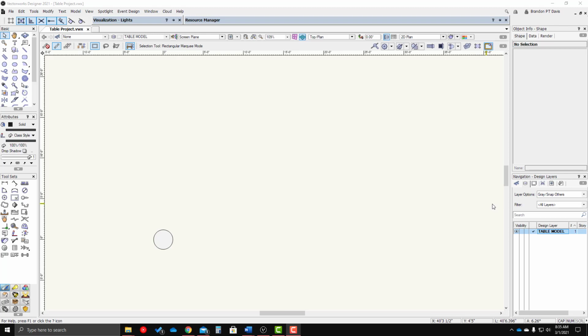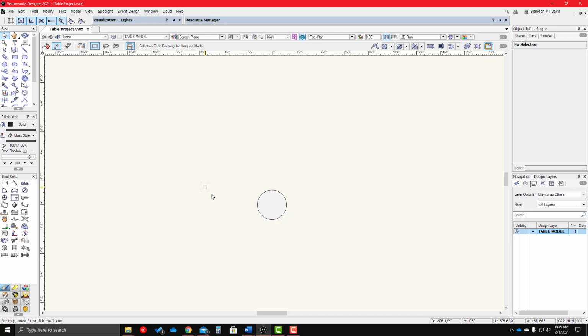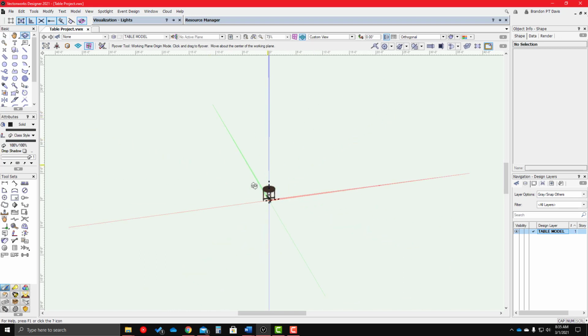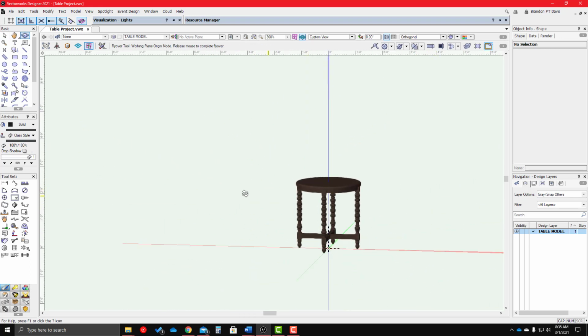Davis, theatrical scenic designer, and in this Vectorworks quick tip tutorial, I'm going to show you how to create a camera and render a model. So, let's start with, we have this table model that we've created, and so the first thing that I think we need to do is